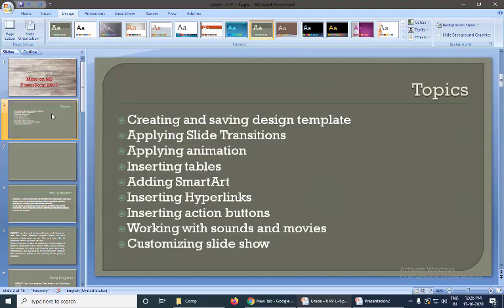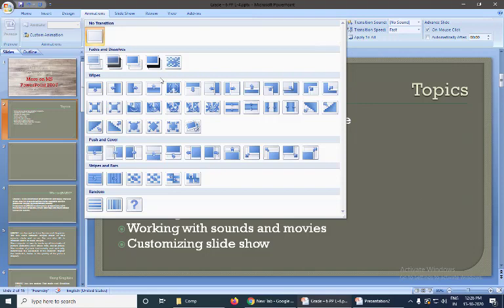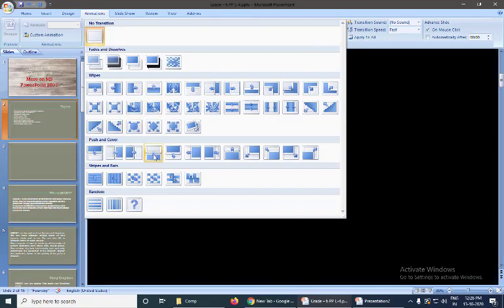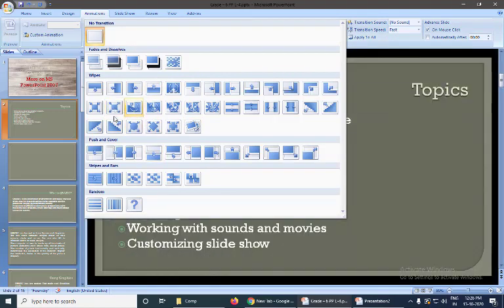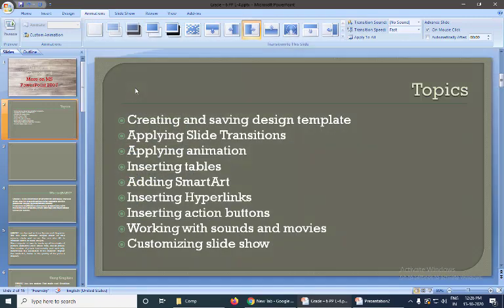The next we have is applying slide transitions. See here in the animations, you have the transition to this slide. Here, if you click drop down, you have more transition slides. So click on the slide. Whichever transition you want, double click on that.